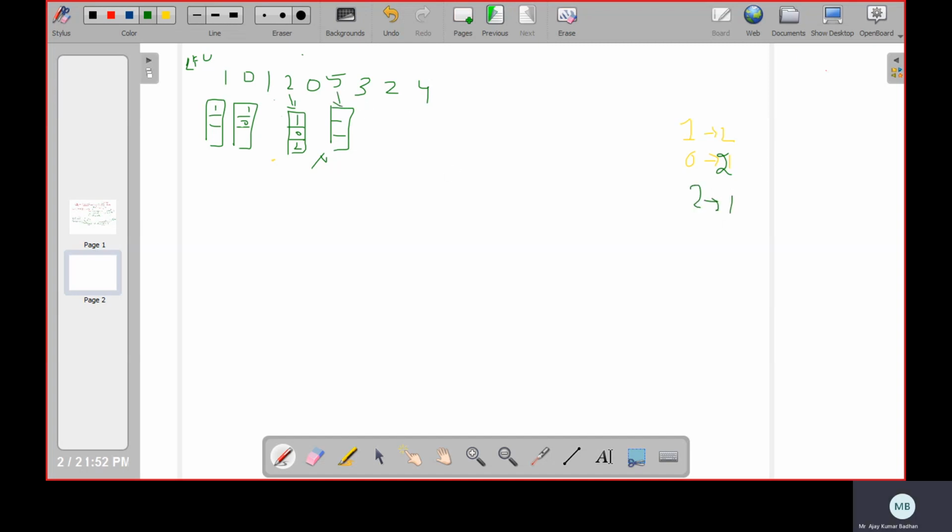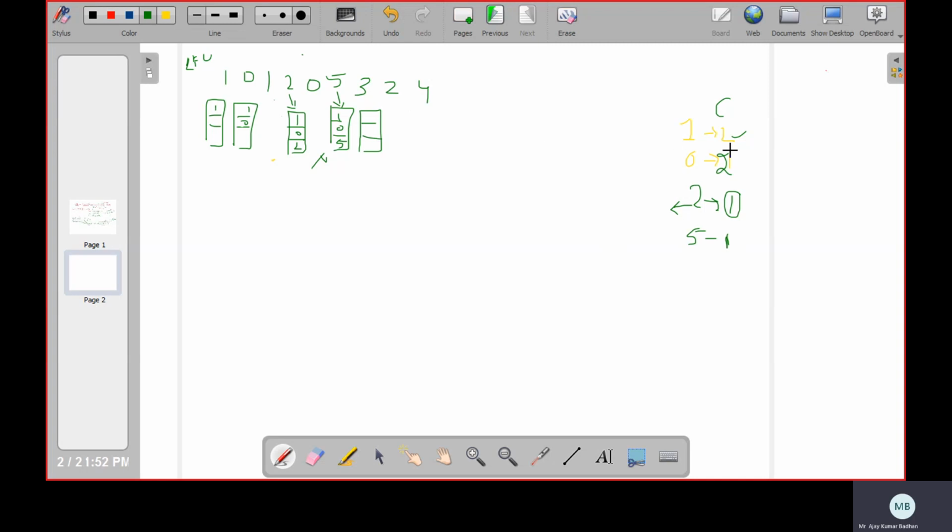Now I want to place 5. We don't have empty slots because the slots are filled. I need to determine one of the pages to eliminate. So we will see the counter value. The counter value of 2 is 1. What about 1 here? It is 2. And for 0, the counter value is 2. So both are 2, and 2 is the one having the least. So I will be replacing page 2 with page 5. So this will be 5, 1, 0. What is the counter value for 5 right now? 1.